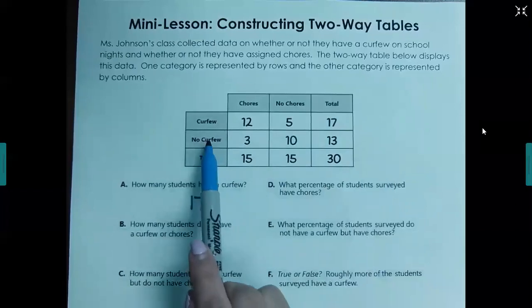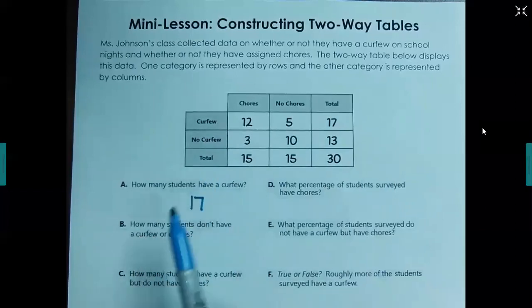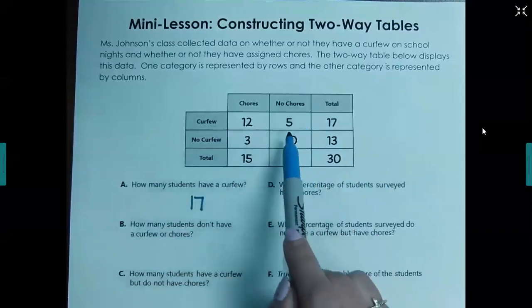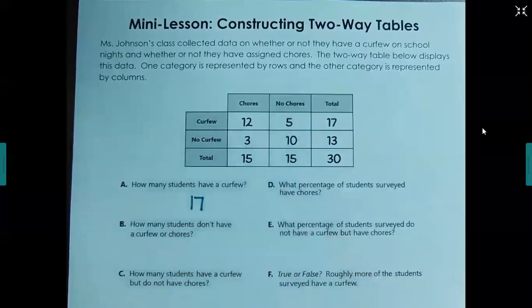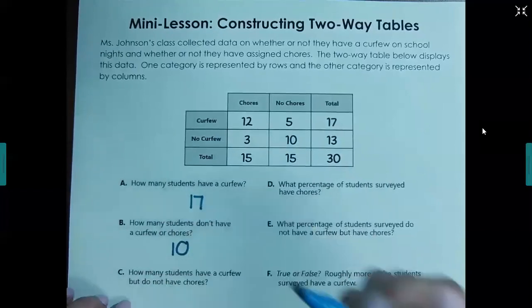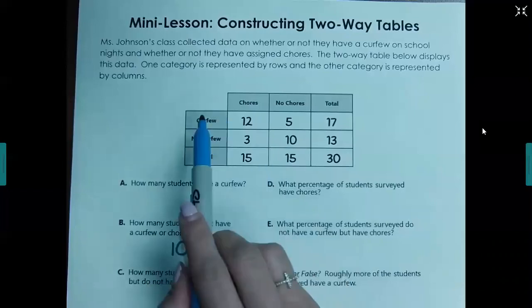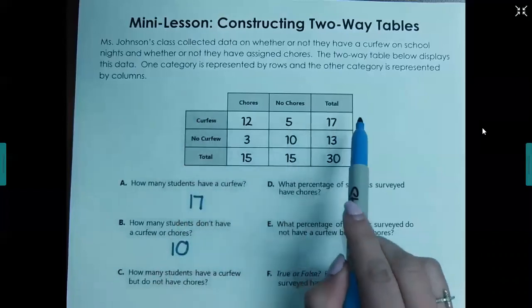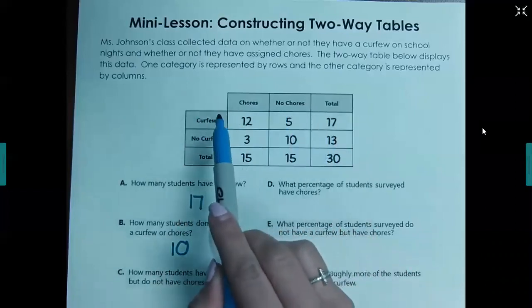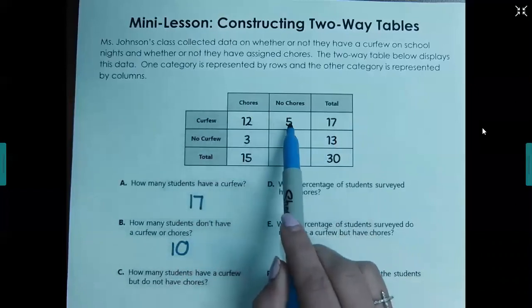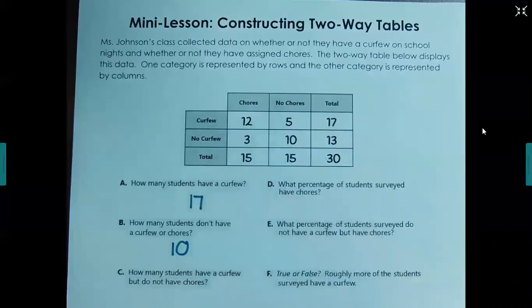I'm going to start with no curfew, based on just the way that I read it, but I also have to find that they have no chores. So notice that 10 represents that intersection where they have no curfew and no chores. Now C says, how many students do have a curfew, but they do not have chores? Again, I'm starting with my curfew in my two-way table, so I know these are representative of my curfew students, but they do not have chores. So I have to go to where it is a curfew, but no chores,